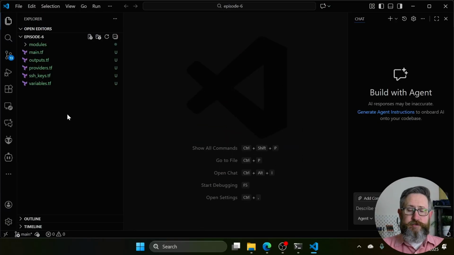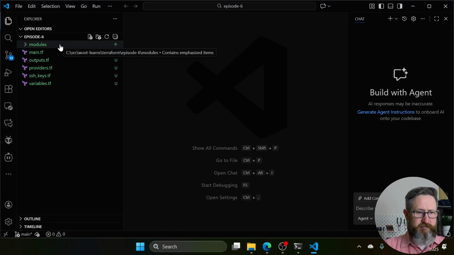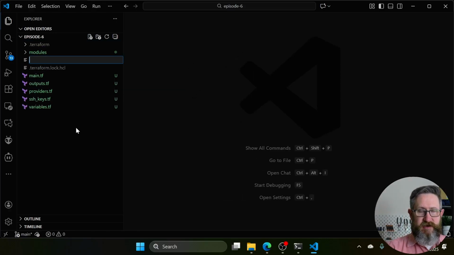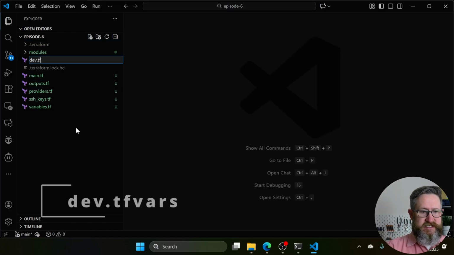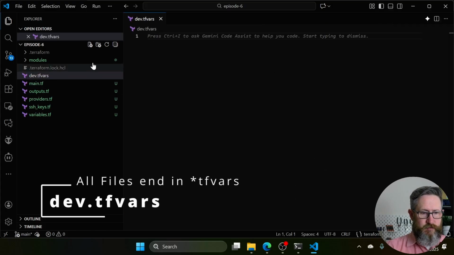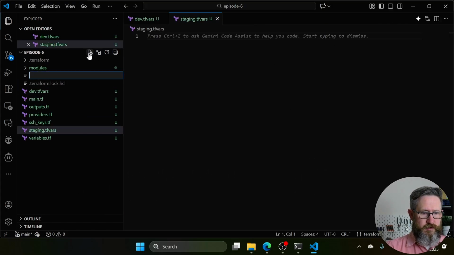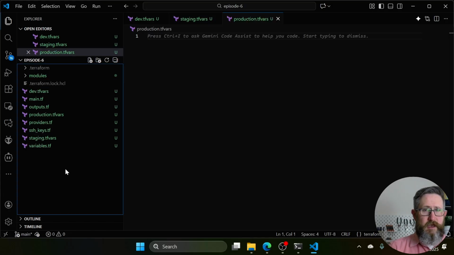So we have our folder structure left over from episode 5, and we have our main, outputs, providers, SSH keys, and variables all in our root structure. Now we're going to create a file, and this file is going to be called dev.tfvars. We'll have another one called staging, and then one more called production. And what this allows us to do, the tfvars file allows us to overwrite the default values in our variables